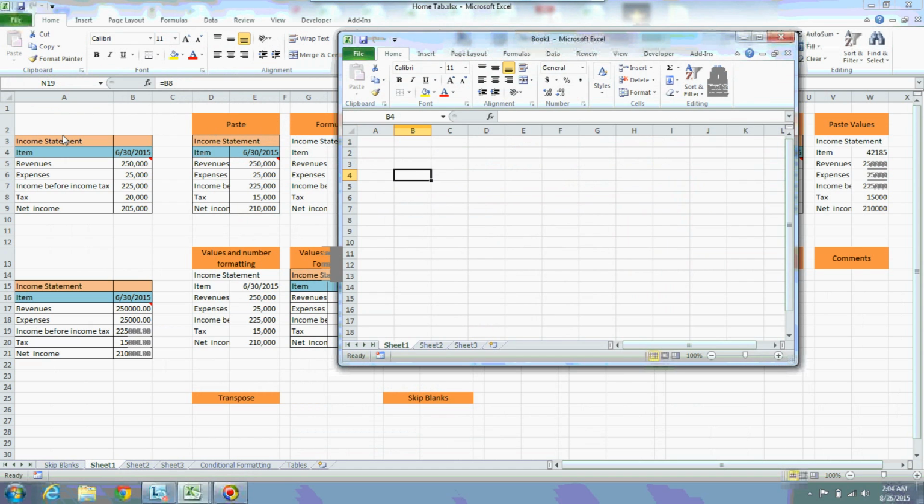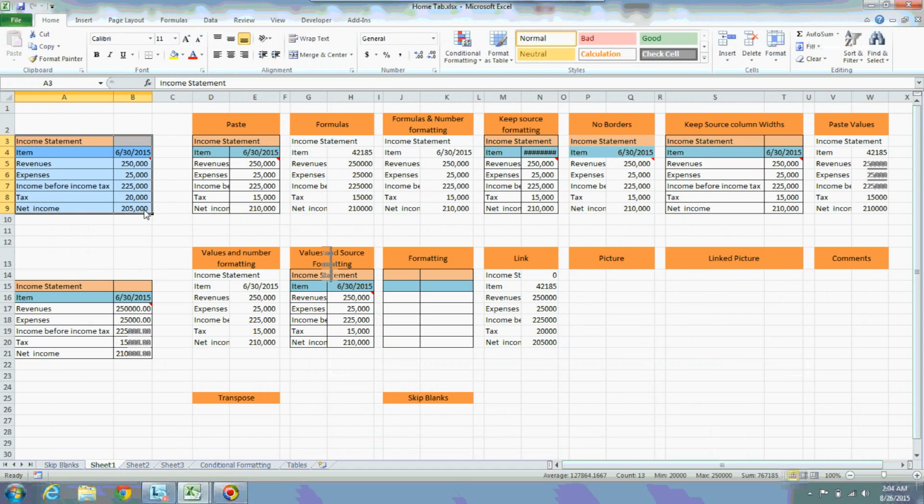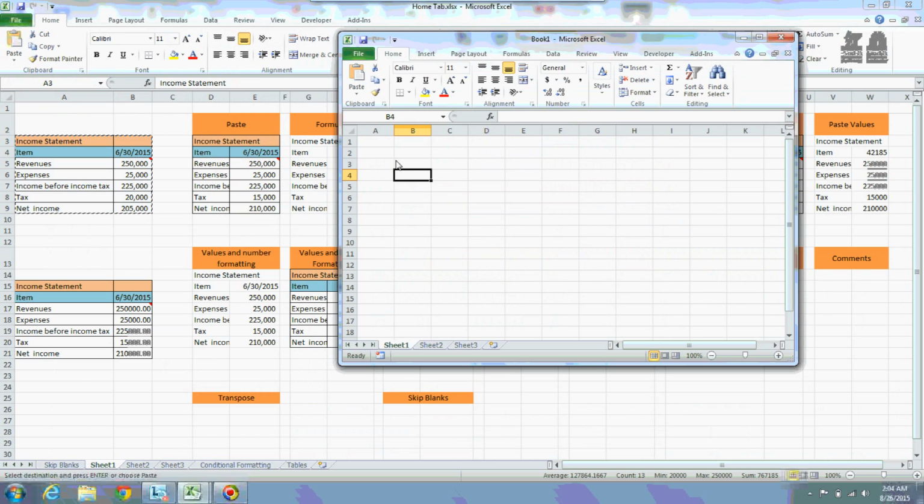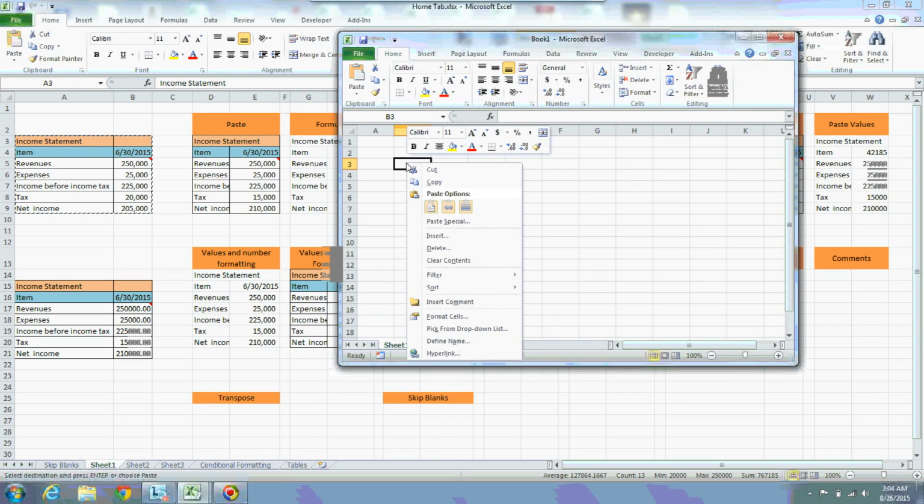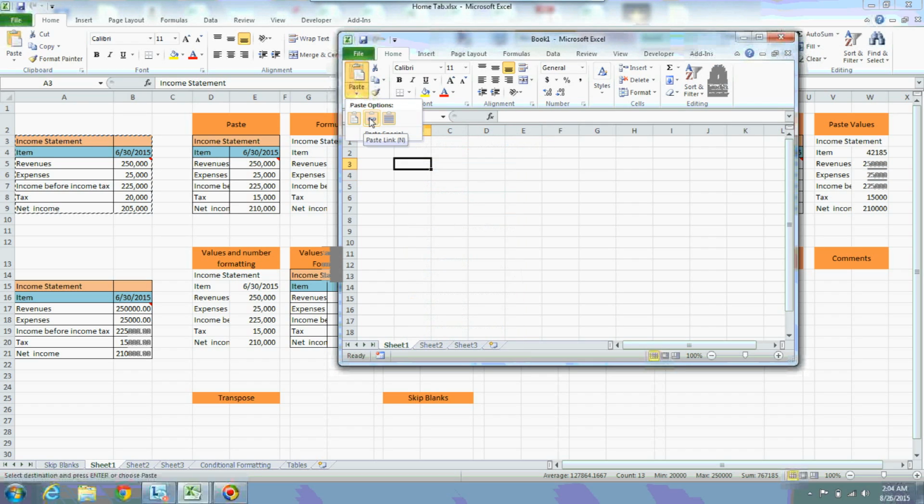Now I am going to copy and go to Book1, and I am selecting paste as link. You can also select paste from the mouse right click, or you can also select the same from here. Now I have selected paste as link.